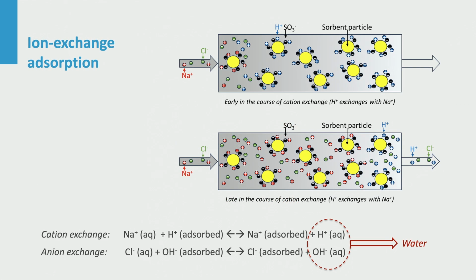If we do not adsorb molecules but ions, we use ion exchange sorbents. When the cation is adsorbed, for example, a different type of cation is released in solution. In the example shown, anionic charges are fixed to the adsorbent. Adsorption and desorption can also be seen as reactions, as shown here. Replacement of dissolved cations by H+, and in another column, dissolved anions by OH-, can desalinate the solution because H+ and OH- combine to form water.